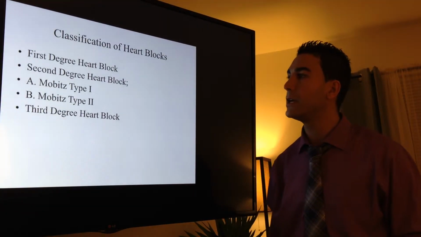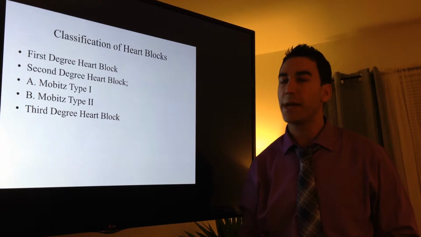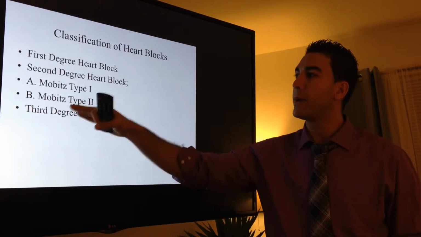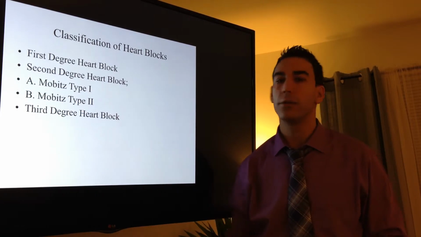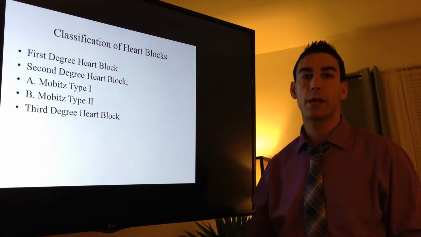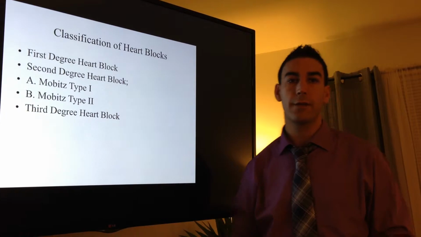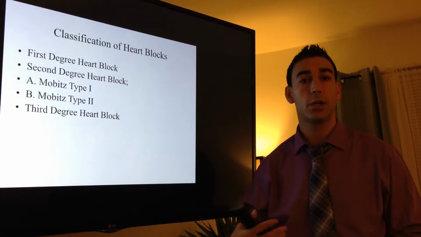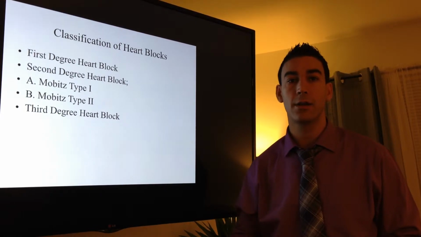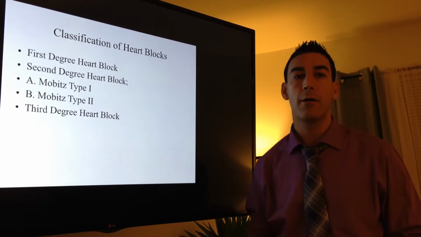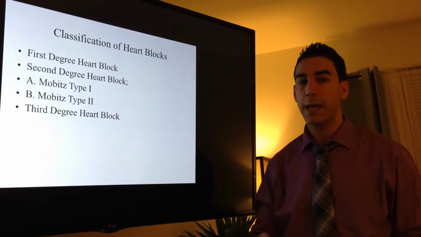The second degree might need a pacemaker, but it depends on the level. It does break down into Mobitz type 1, Mobitz type 2, and you do have the third degree, which is the complete heart block, and it is an emergency case at that point, and it does need a pacemaker. Now, as we go through the next slide,